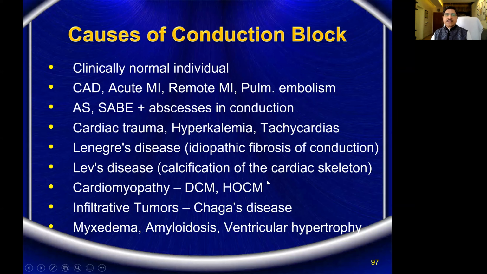The commonest cause of conduction block is coronary artery disease. That is the artery supplying the conduction area of the muscle. If the branches are blocked, or there is an acute myocardial infarction, there could be conduction block. Old myocardial infarction, pulmonary embolism, aortic stenosis, subacute bacterial endocarditis, abscess on the conduction bundle, and then cardiac trauma, hyperkalemia,